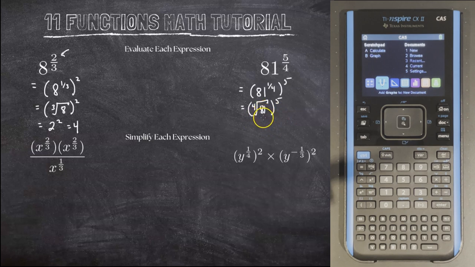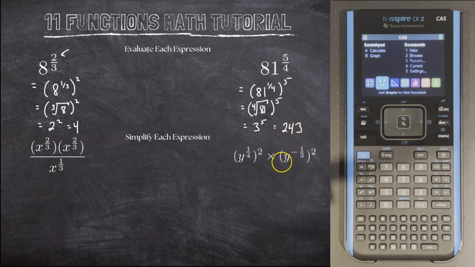Well, that would be 3. 3 times 3 is 9, times 3 again for a 3rd time would be 27, and times 3 again for a 4th time would be 81. So we have 3 to the power of 5. We already know 3 times itself 4 times is 81, so times by 3 again, and we get